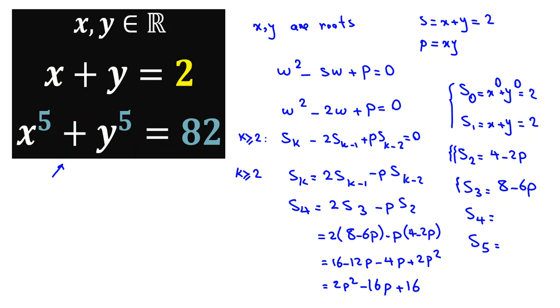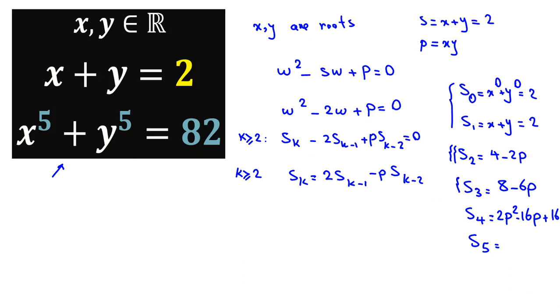Okay, so let me write it here. S4 is 2p squared minus 16p plus 16. So one case is left as S5. If I want to calculate S5, it will be 2S4 minus pS3. So if I replace S4 here with 2p squared minus 16p plus 16 and replace S3 from here,